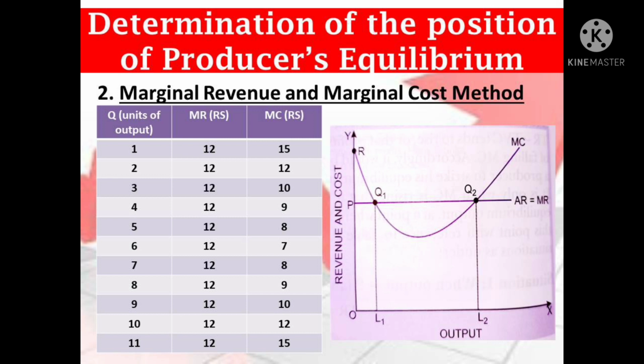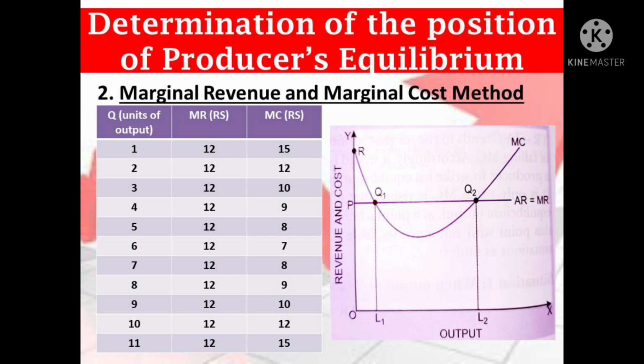Implying that the equilibrium will be struck when 10 units of output are produced, not when 2 units of output are produced. Given the price, falling MC only increases the difference between TR and TVC, that is the total variable cost, so that TR minus TVC tends to rise, or that profit tends to rise in a situation of falling MC. Accordingly, it would be an irrational decision for a producer to strike his equilibrium in a situation of falling MC. It is only when MC is rising that a producer would mark his equilibrium output at a point where MC equals MR.